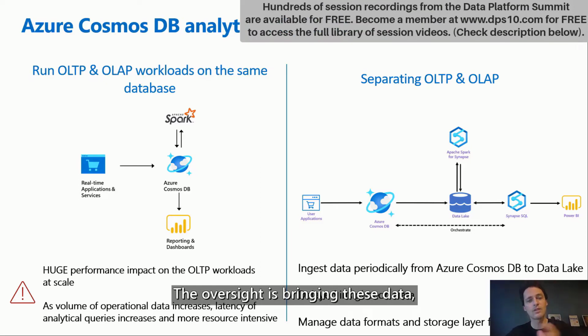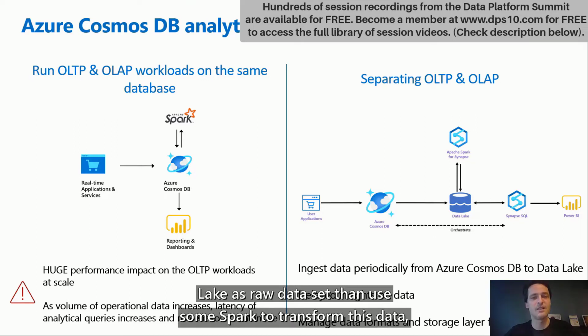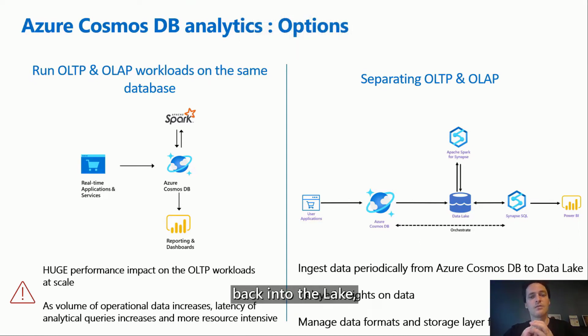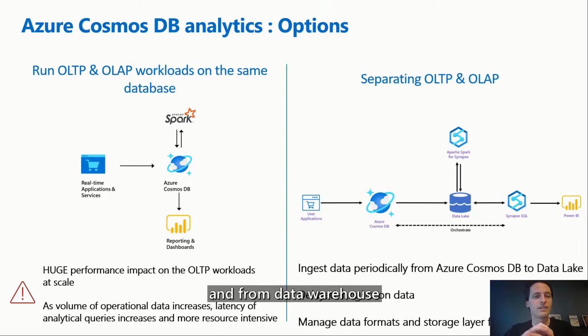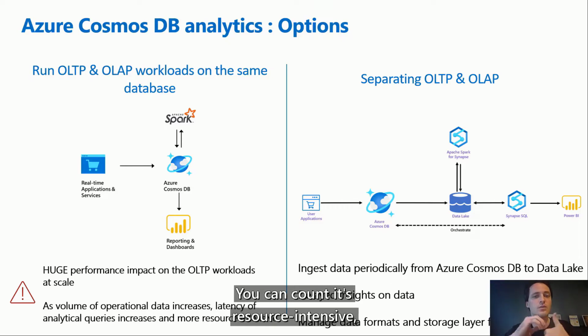The other side is separating OLTP and OLAP, and creating processes to bring your data from Azure Cosmos DB into a lake as a raw data set, then using some Spark to transform this data, put it into golden data sets back into the lake, and load this data into your data warehouse. From a data warehouse, usually it's staging tables, you will want to have a table optimized for analytics. So you can count, it's resource intensive,